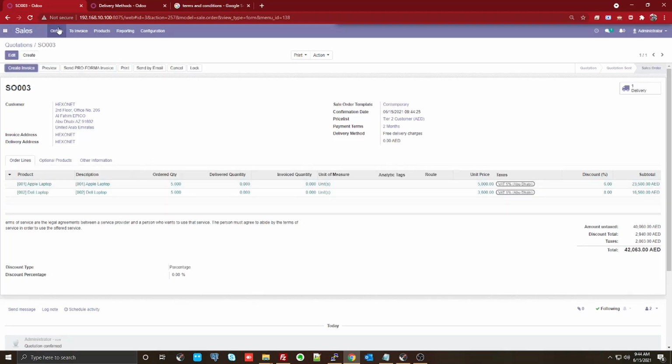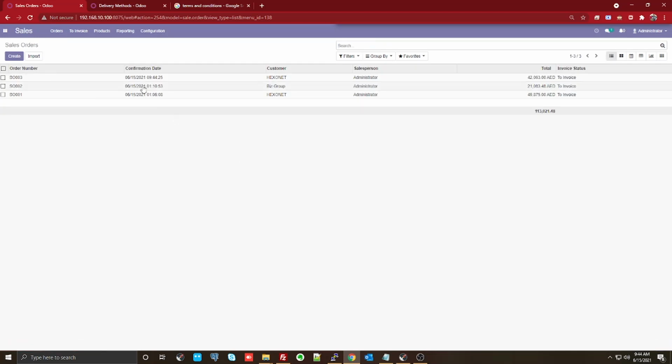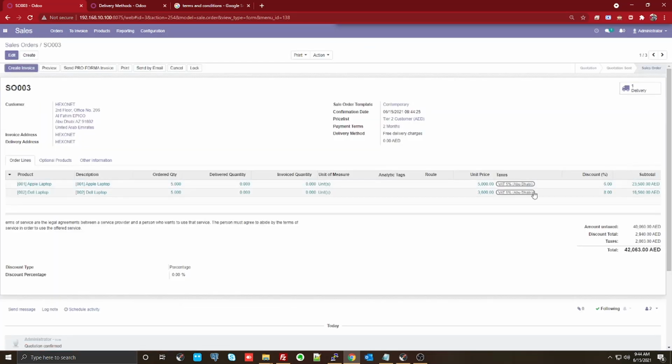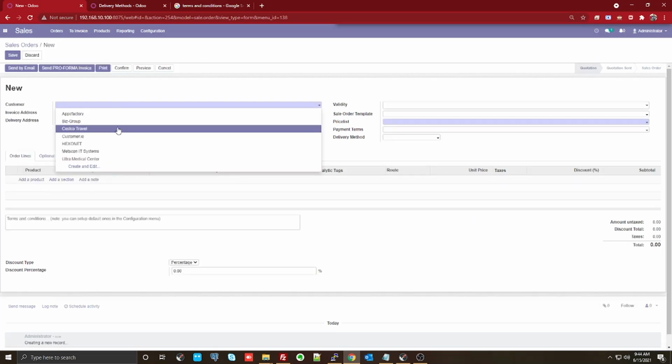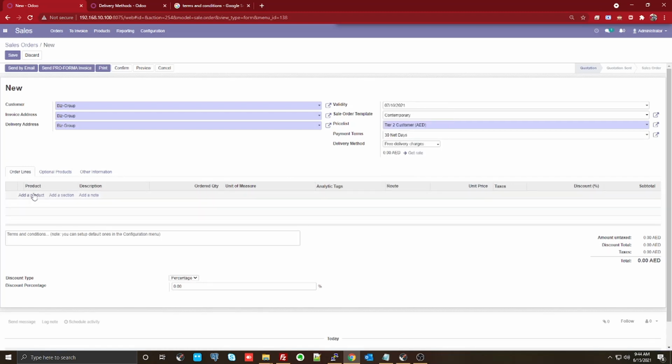Now we're going to come back and create one more quotation here. This time what we're going to look at is, instead of the kind of discount which we give line by line, that is, you give a 6% discount on this item, 8% discount on this item, let's put it this way: you are interested in giving a lump sum discount, probably something like this. Let me just put it.